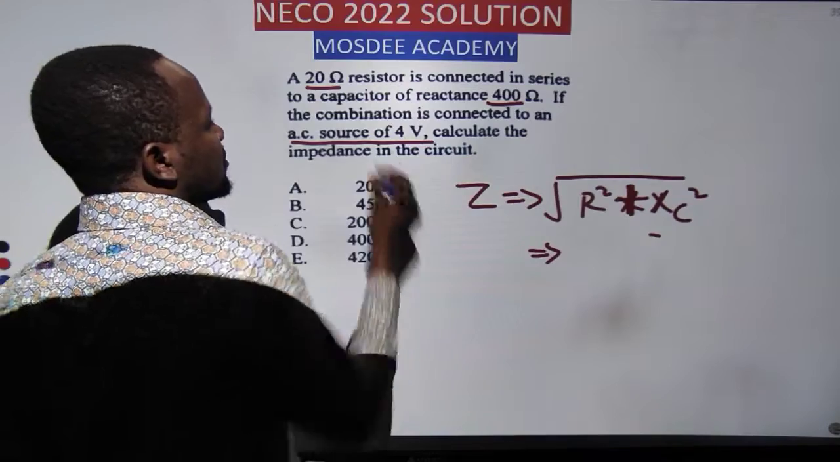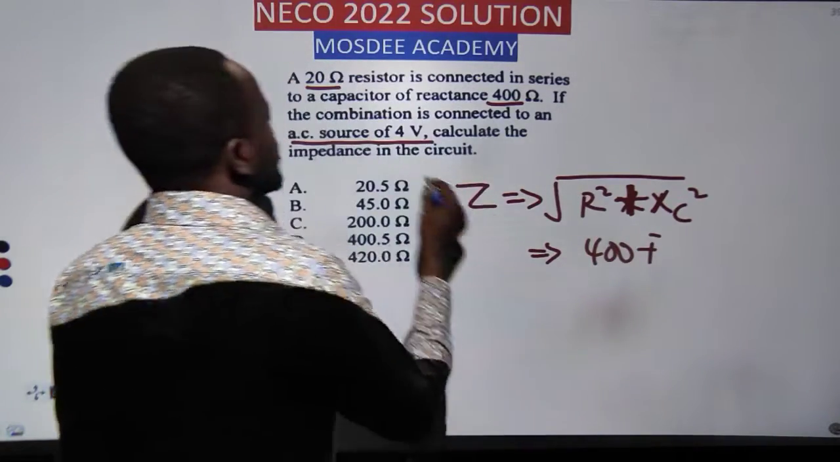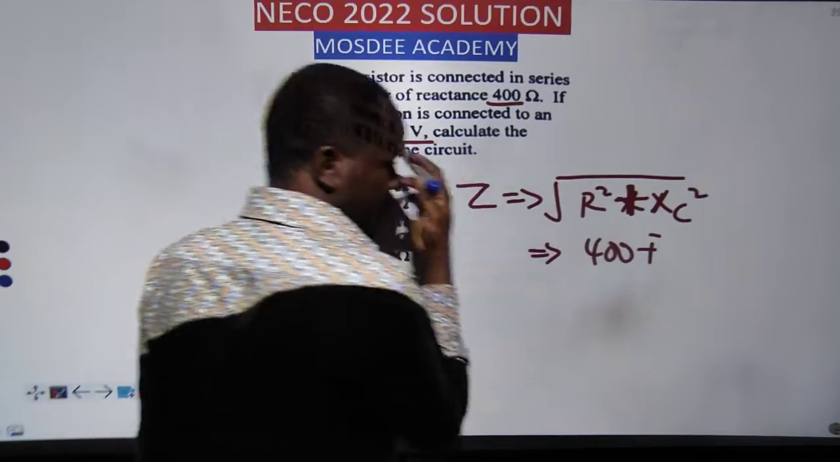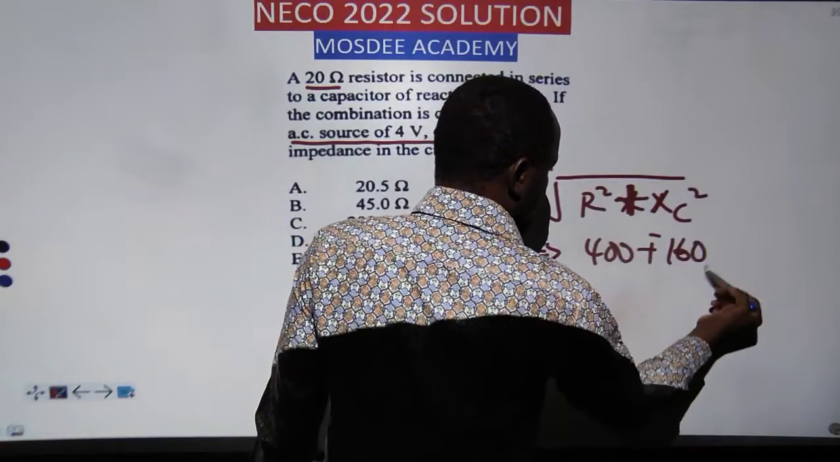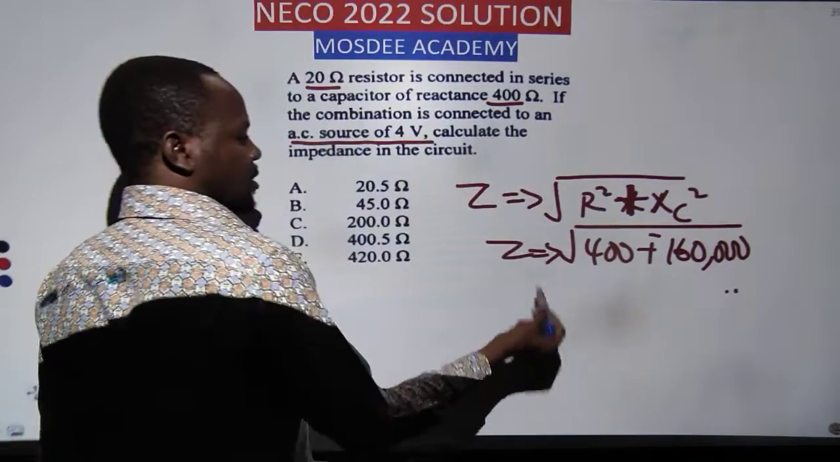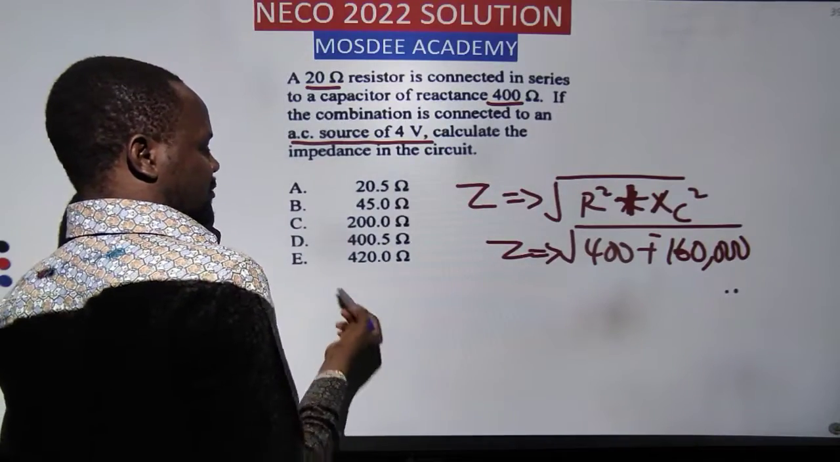What's the resistance? 20 squared, 400, plus the other one. What's the reactance? XC is 400. 400 squared is 160,000, right? So you are taking the square root of this to get the impedance. If you go by that, it will be very close to 400. So any answer that is very close to 400